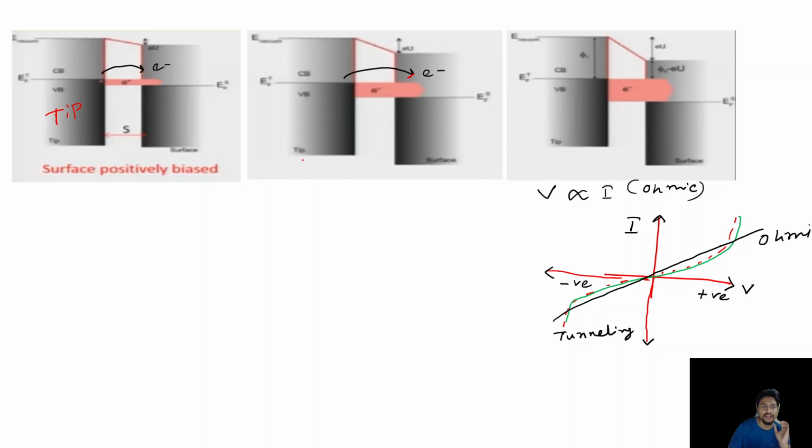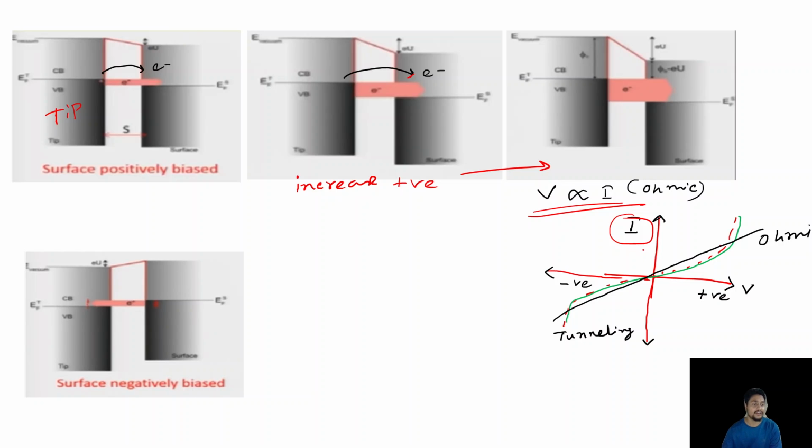When the bias is positive, we increase the positive bias more and more, so more and more electrons will go. That is nothing but increasing the positive bias, and that's why we are going to get more and more tunneling current. And this is not a direct ohmic contact. So the tunneling current is going to increase, but not following Ohm's law. It will be like this manner. So at a voltage, this I-V plot is going to give us